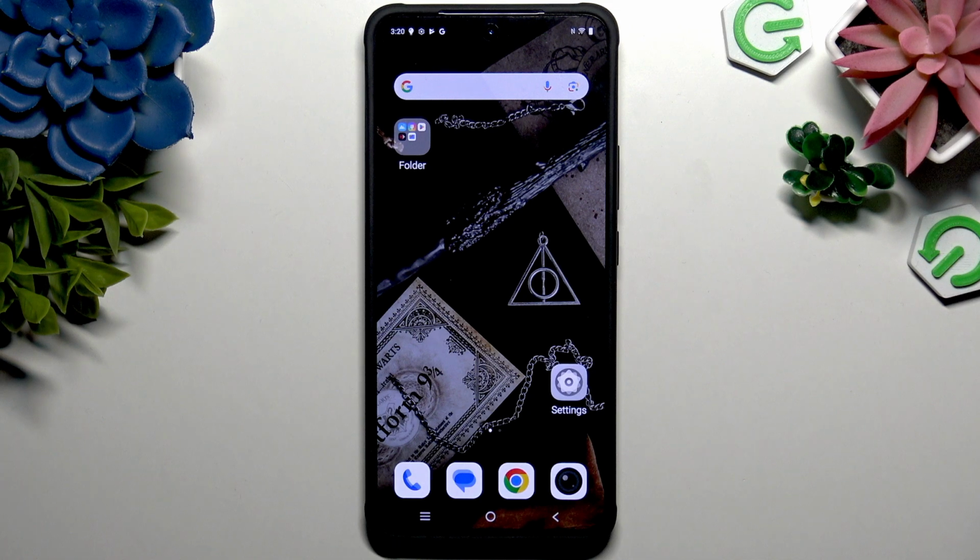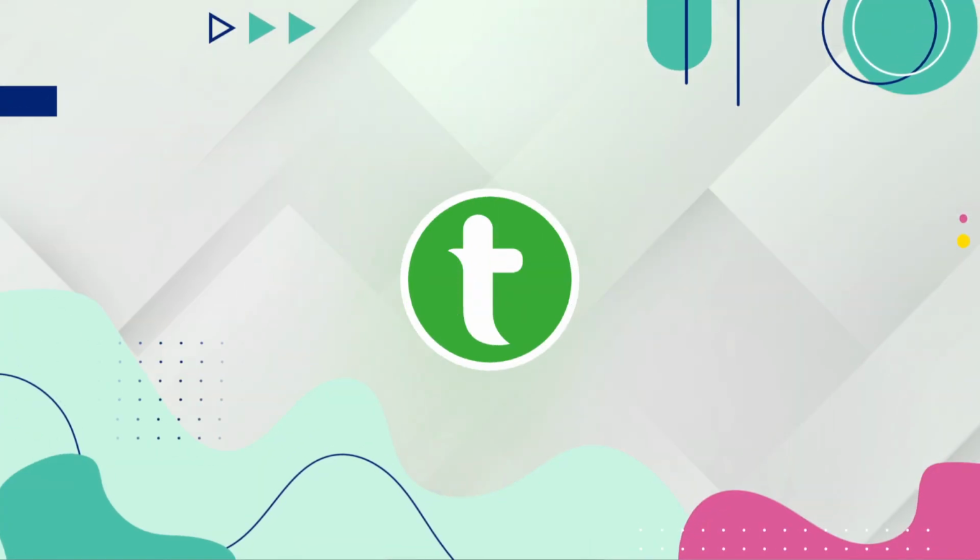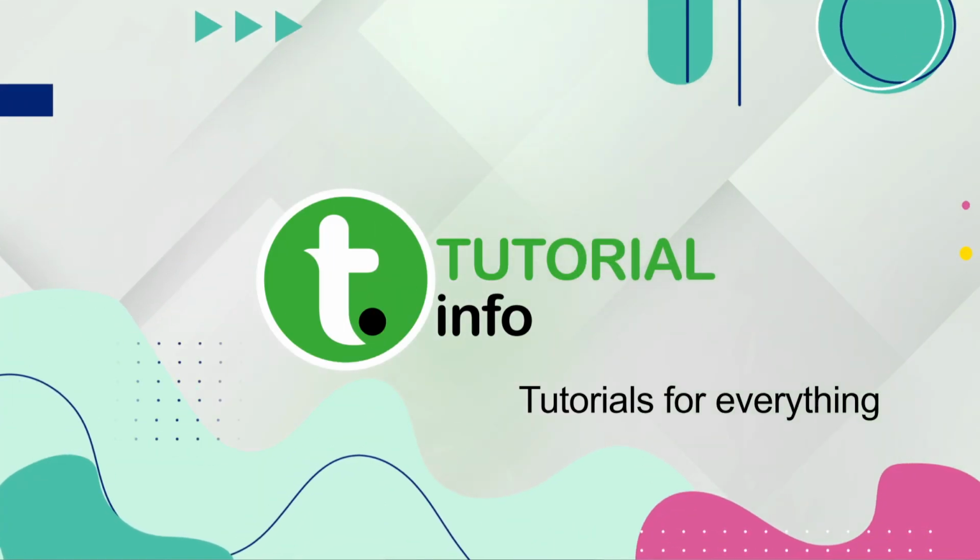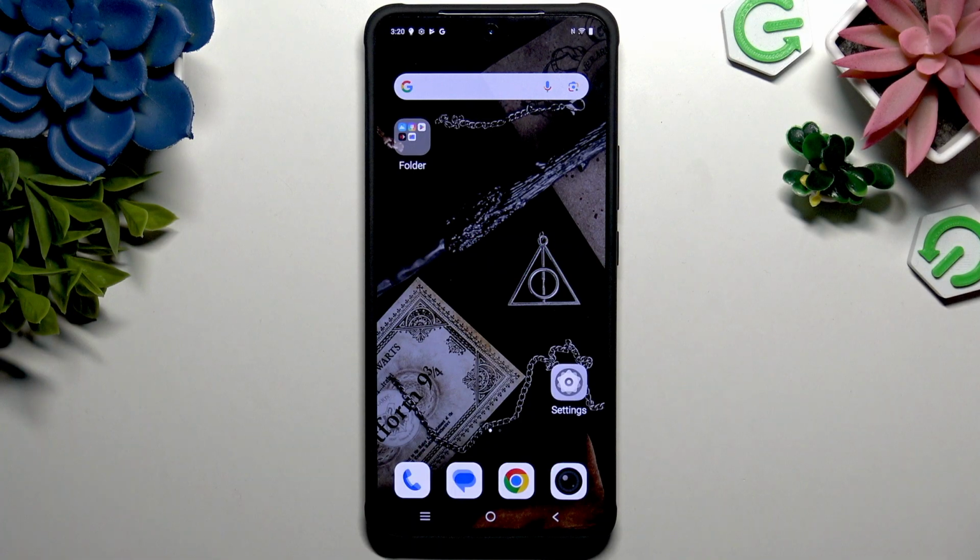In front of me is VIVO V60 Lite, and today I would like to show you how you can turn on or turn off app notifications. If you want to block notifications from any app without the need to uninstall it, here's how to do it